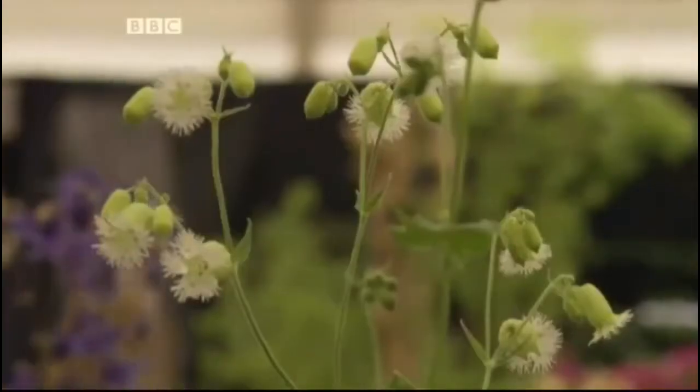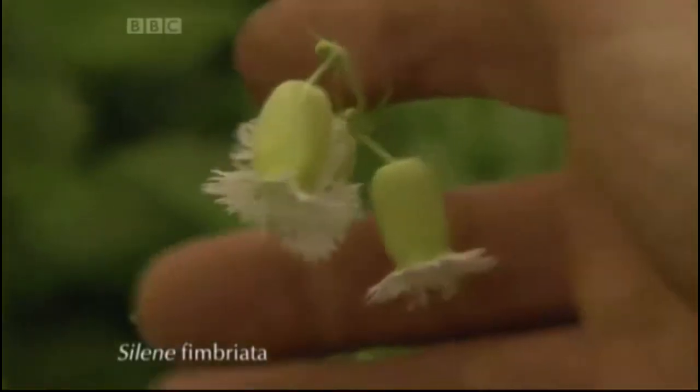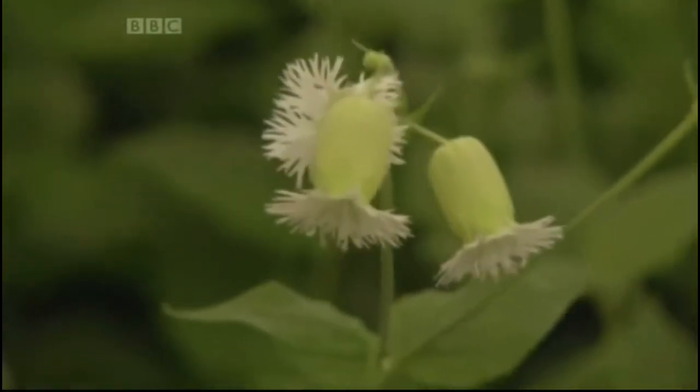The first is Silene fimbriata, which has these bladder-like flowers, a little fringe of white. And I love the way that it's so light and airy. There's a bit of moisture as it grows, but will take a hot, sunny position. Whereas on the other side,